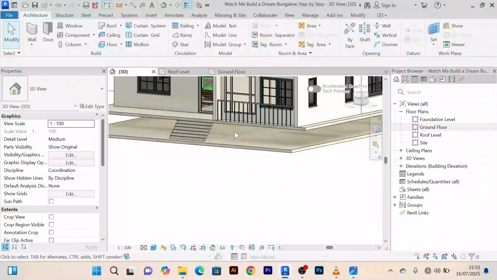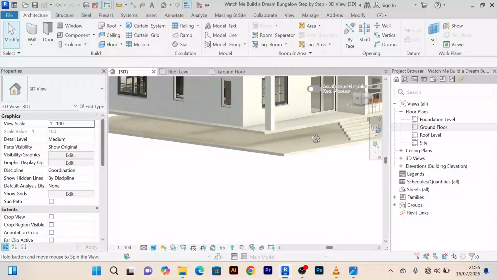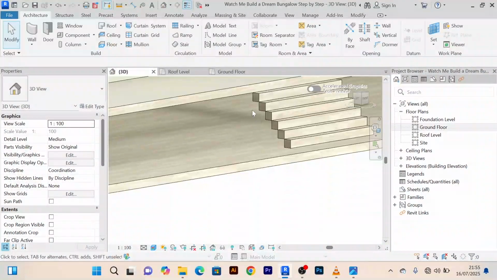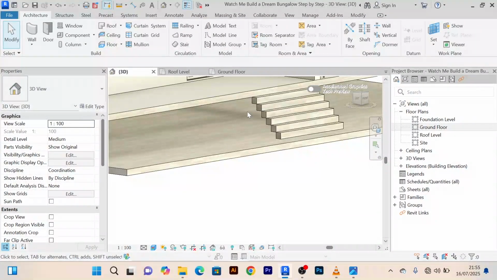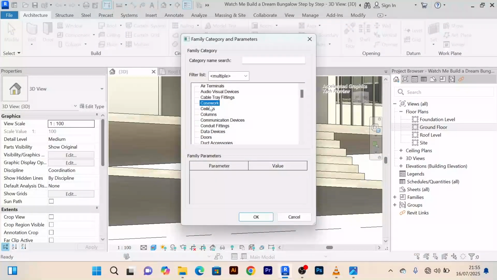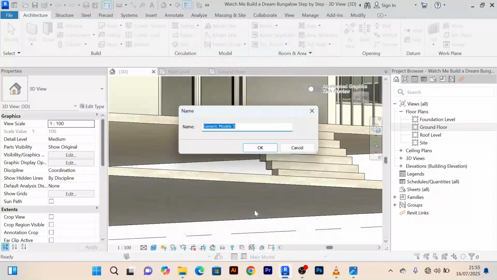However, the middle part is not covered up. It is not covered up, but you don't want to over worry about that for now. That's not our worry. So I'll now use my extrusion without any problems. For the extrusion, I want to use this part here, this part of the slab. So I'll come to architecture, I'll go to component, model in place, I'll look for generic models, I'll click OK,